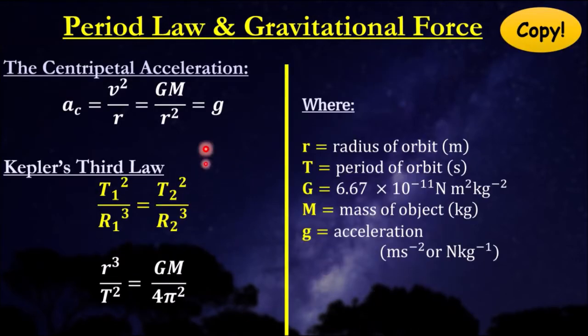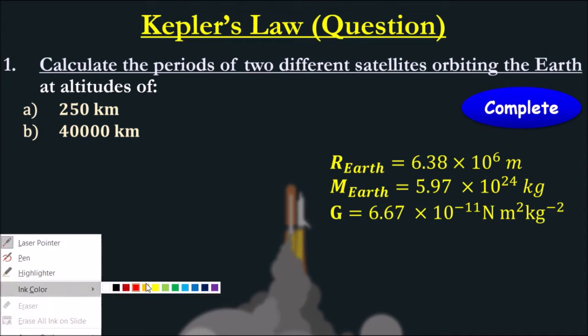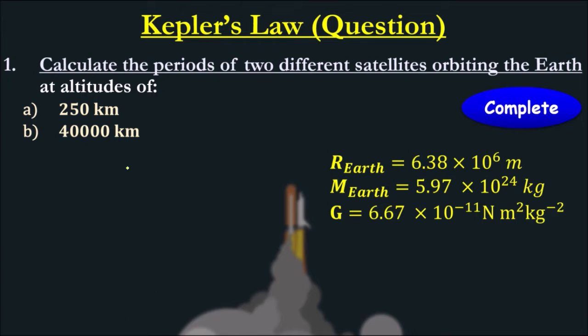And then we talked about the different types of formulas we could obtain using Kepler's period laws. So let's start off with doing some calculation questions. Let's compare the period of orbit between two satellites orbiting the Earth, one at an altitude of 250 kilometers, the other at 40,000 kilometers. So going through the first calculation,